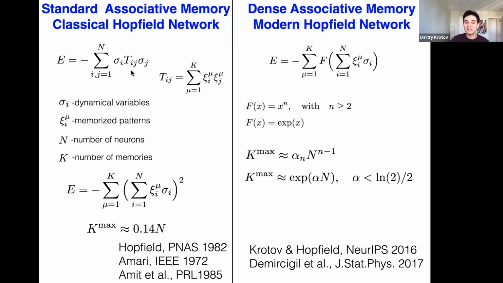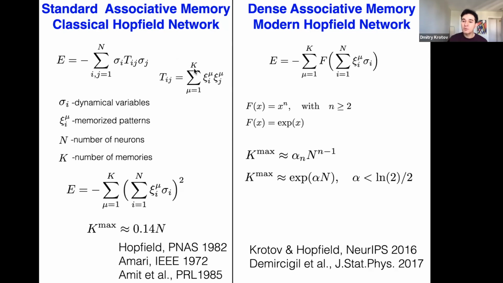And that would be the matrix Tij. Now, what Hopfield and others in the 80s realized is that this model works as a very nice model of energy-based associative memory, but only up to a certain point. So you can keep loading this network with a lot of memories. So like here, you can see that I have tried to write capital K memories into this network.